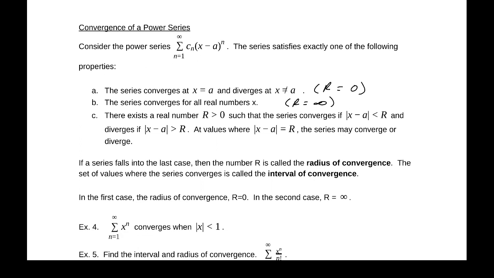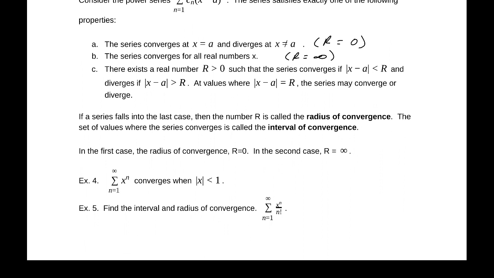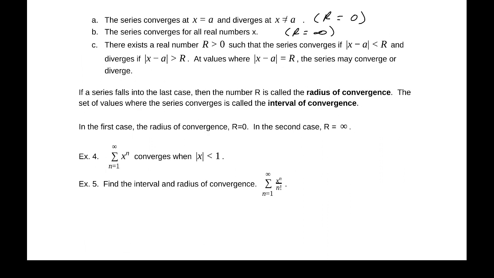Now, in all of these cases, that number r is the radius of convergence. The set of values where it converges is called the interval of convergence, and I already made a note of that fact. So example 4, x to the n, we said it's geometric, so it converges when the absolute value of x is less than 1, which means its radius of convergence is 1, and the interval of convergence